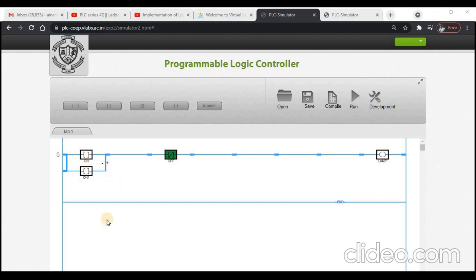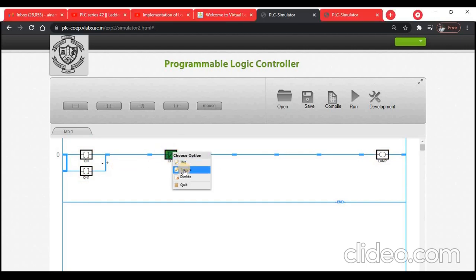So you can see here there are two switches in parallel. This is a quite simple parallel operation of switches, where there are two off switches at the start and one on switch which is normally closed with the lamp. So I will compile it, then I will run it. So I'll make this off and this on, the lamp will not glow because this is off, 0.